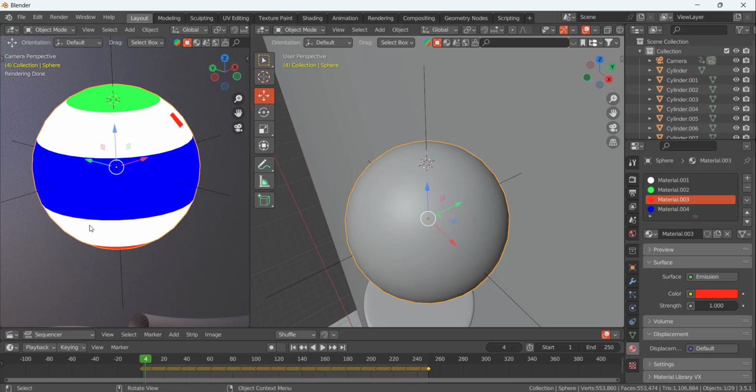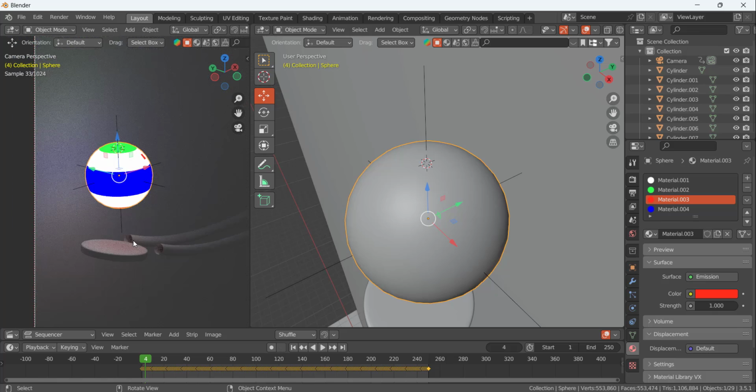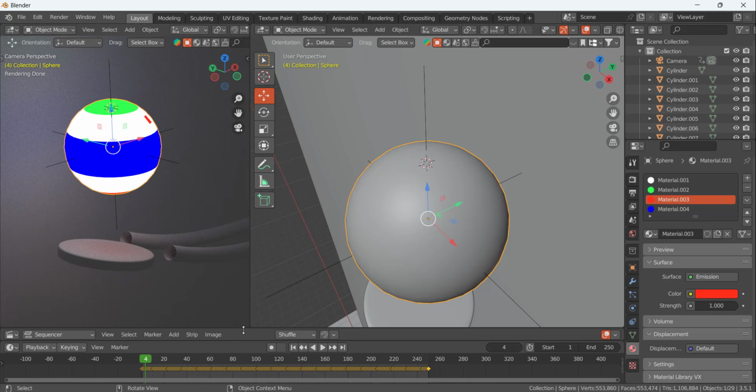It's good. We have the red material here, and now let's